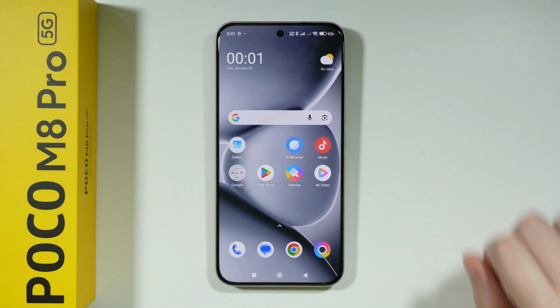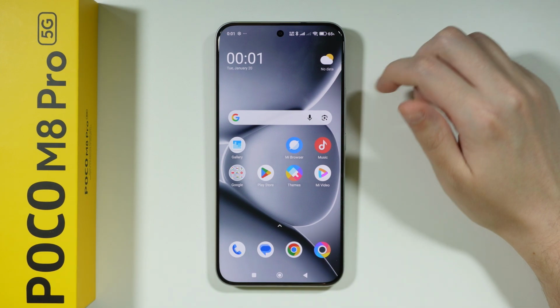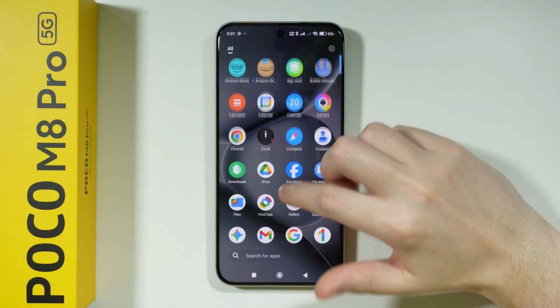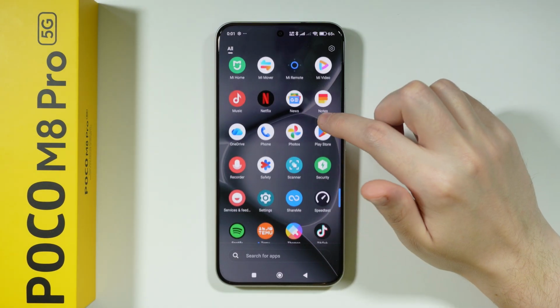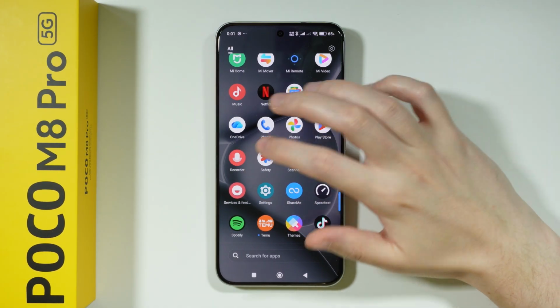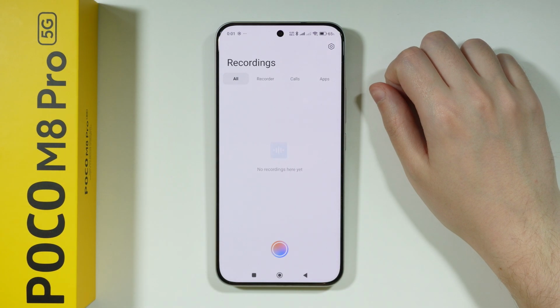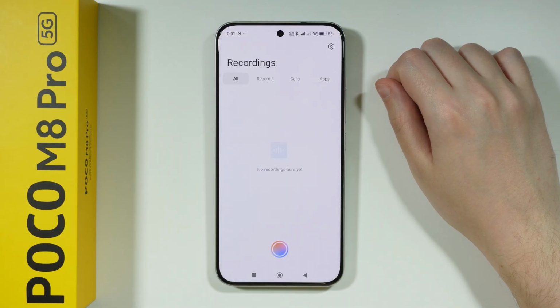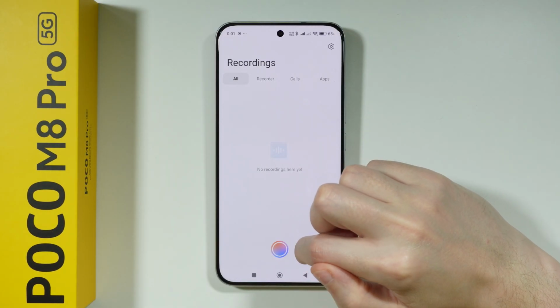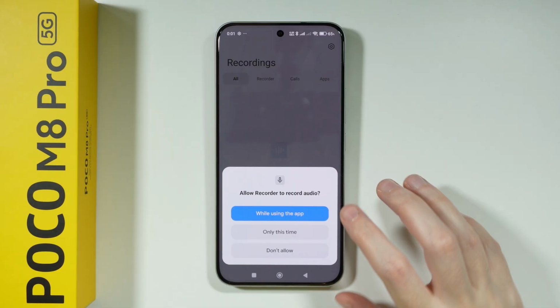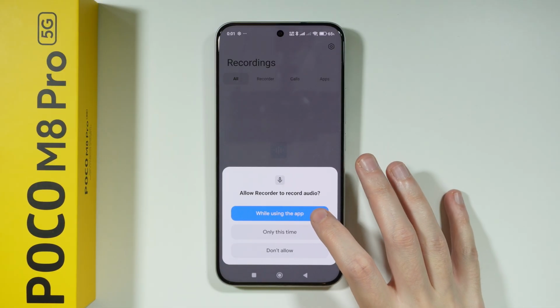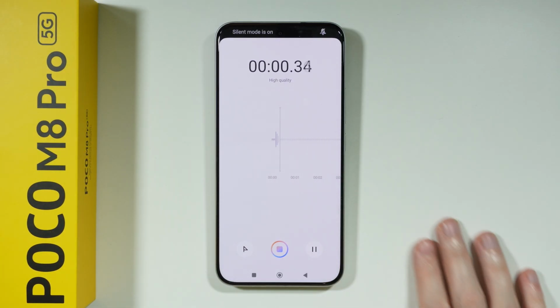If you want to record sounds on POCO M8 Pro, first of all we just have to open the app drawer and then look for the recorder app. This app allows you to of course create voice memos and record yourself. So we're gonna use this button at the bottom of the screen, grant all necessary permissions, there we go, and